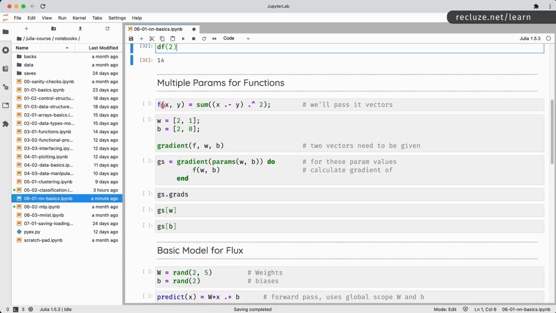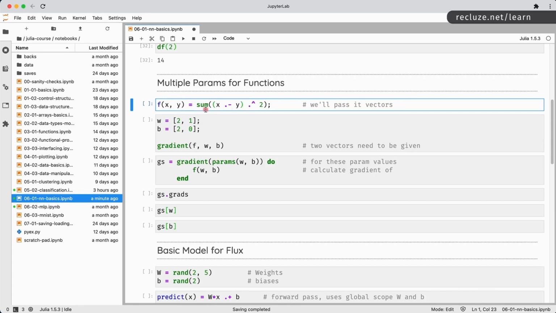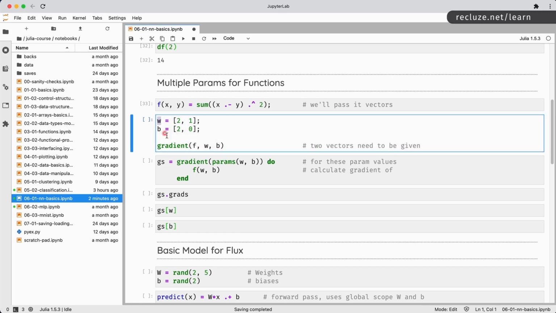So for instance, we have a function f which takes two vectors as its input, x and y. Okay. So what the function itself does is it calculates the difference of corresponding elements in x and y and then squares them. Okay. So your typical mean squared error. This is a simple function definition, nothing complicated going on over here. The only thing is x and y are both going to be vectors. Okay. No problem. Now we are going to take this w as x and b as y.